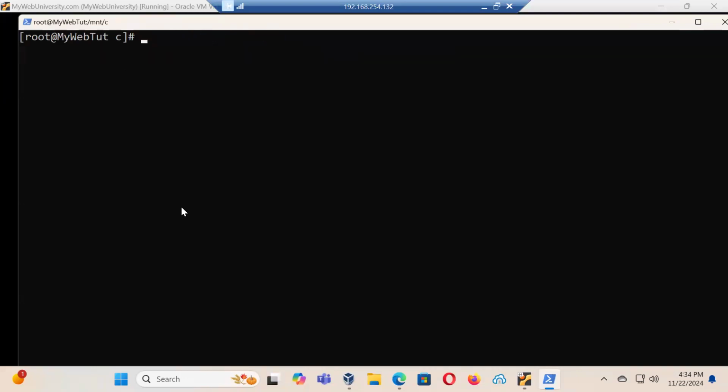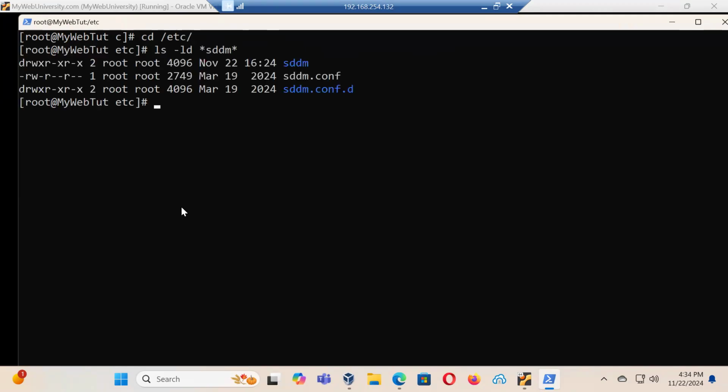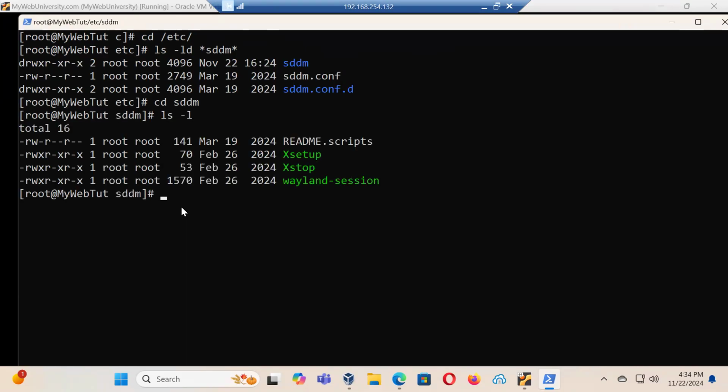I'm going to try the desktop manager, etc. And let's see if there's anything with sddm here. Yeah, there's a directory called sddm, and there's an sddm.conf file also there. And then you see that X is stop and X is set up. So if you want to set up the WLAN session there, but let's just look at cat -n